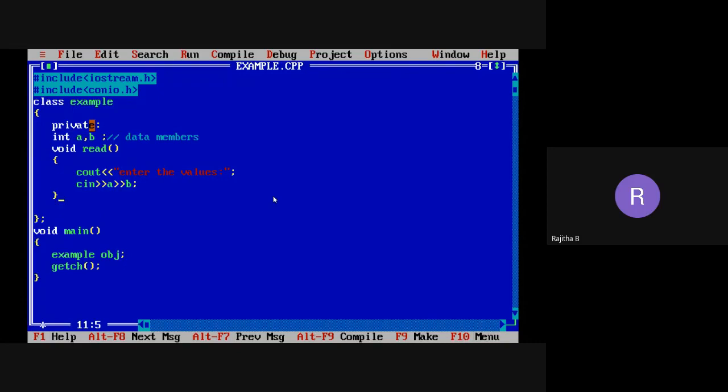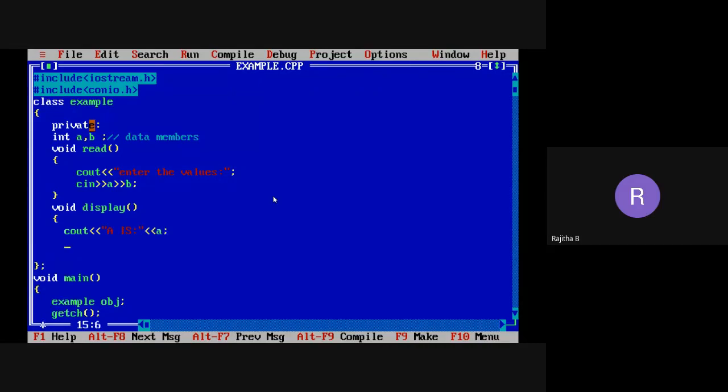Now, whatever values you are going to read into a and b, I want to see those values. So in that case, I want to take one more function, the display function. I'm using the cout statement: a is, what is the a value?